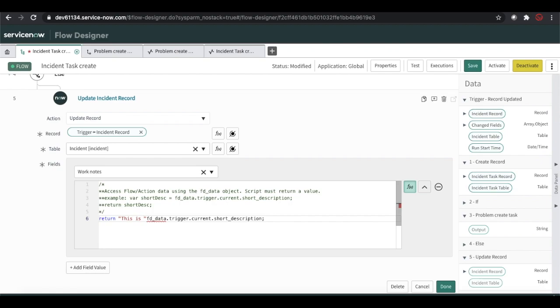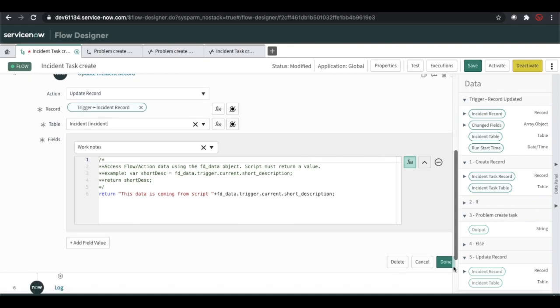This data is from script, and I'm just doing the concatenation. You can do whatever you like, even in an if condition you can write the script. So basically I'm just putting some condition.